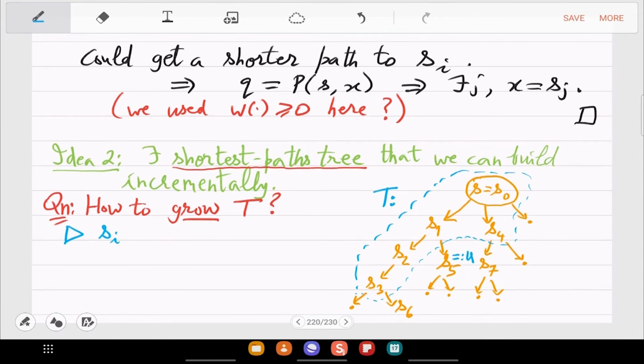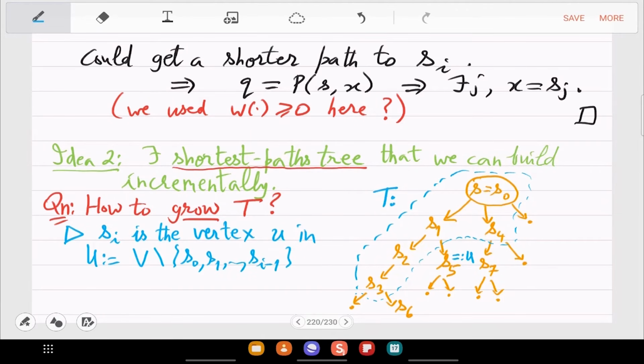So Si is the vertex U in the set U, which is the set of undiscovered vertices, that is closest.